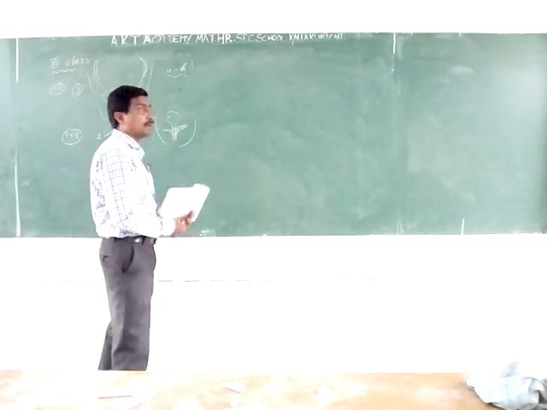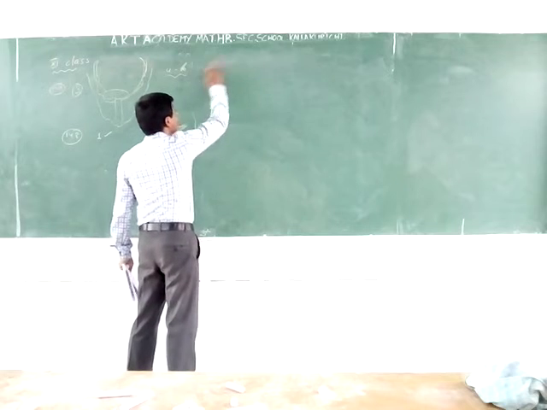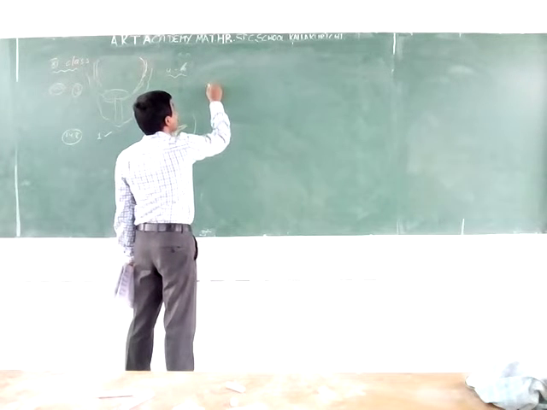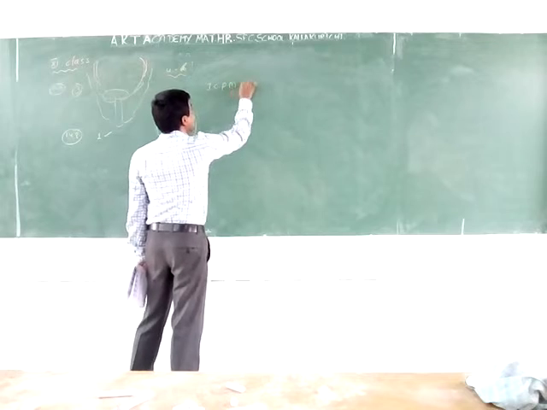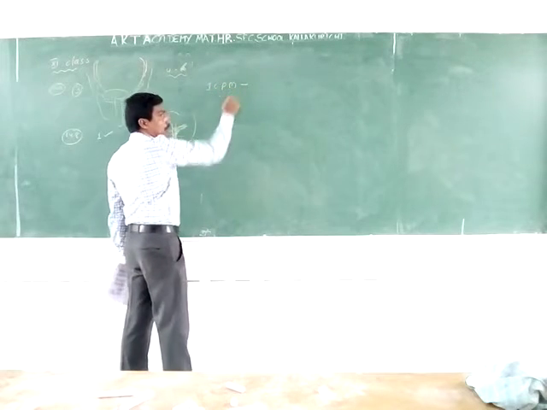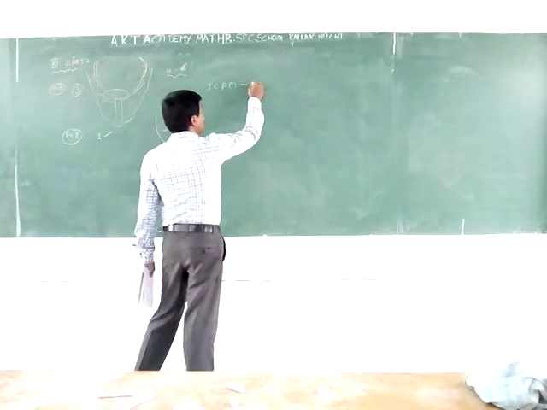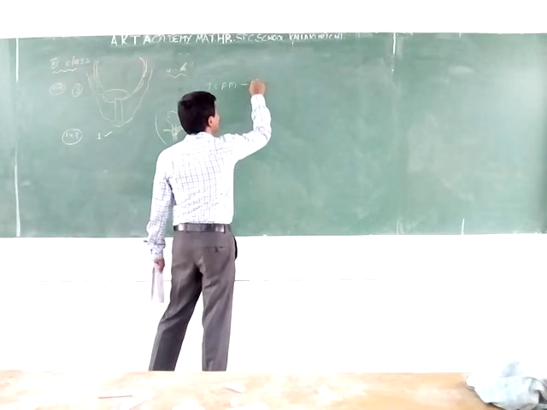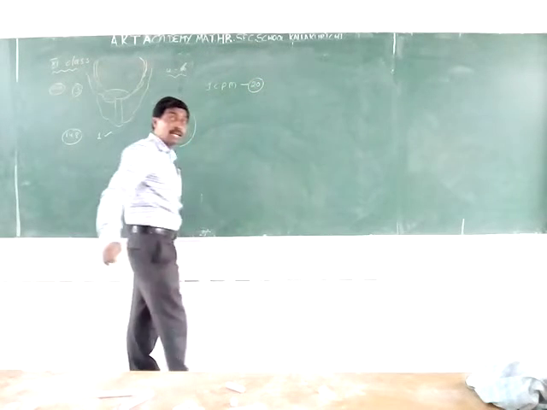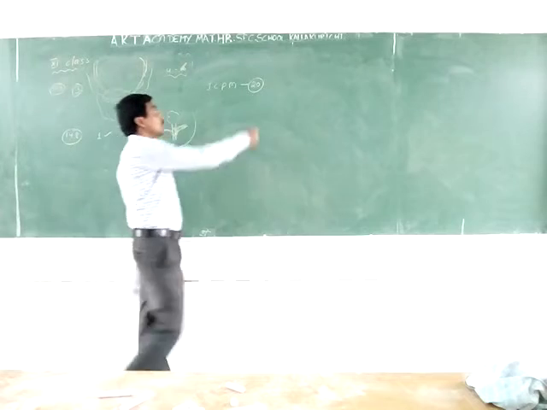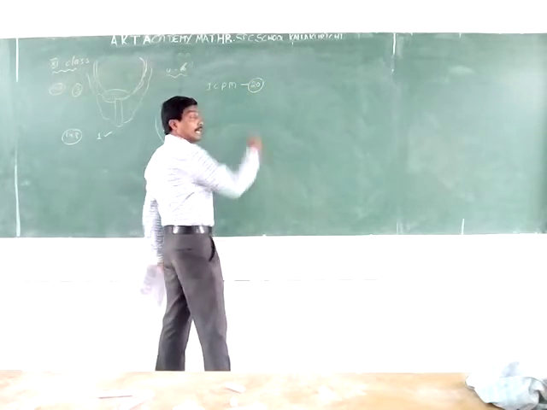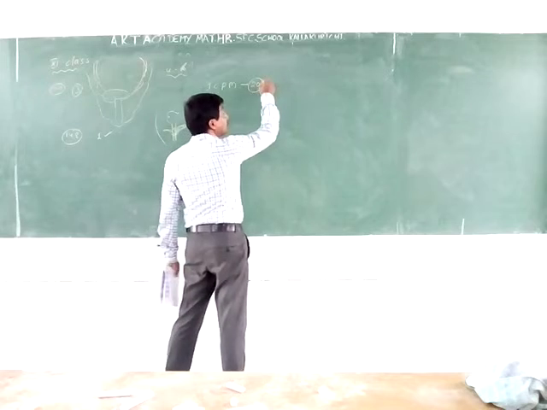The dental formula is written as I C PM M: incisors, canines, premolars and molars. These are the milk teeth. The milk teeth are mainly 20. Milk teeth are replaced by permanent teeth, which are the adult teeth. These are the milk teeth or temporary teeth. The milk teeth are 20.